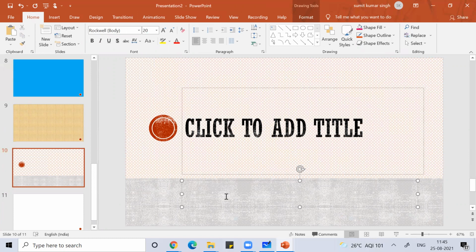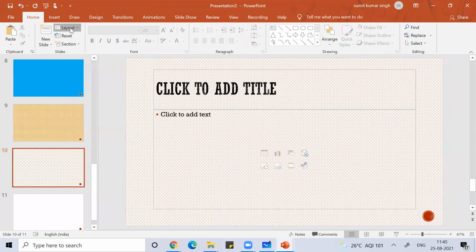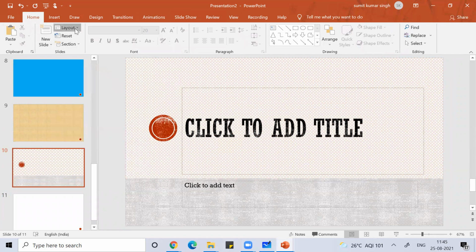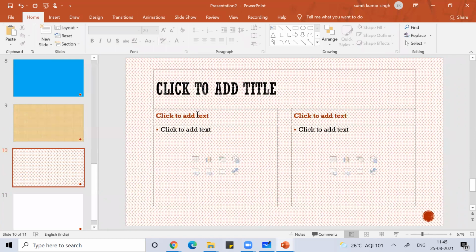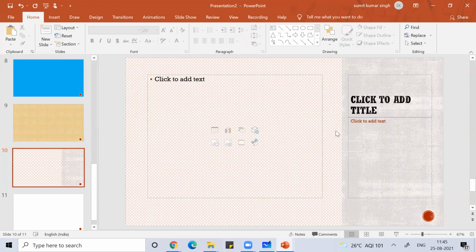You can change the layout as you want: title and content, section header, comparison, title only, blank, content with caption.